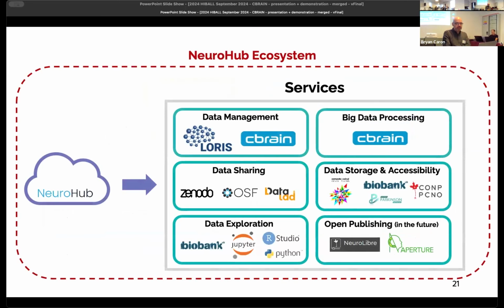And just to wrap up, as I said, this is part of a broader ecosystem of tools that have been built as part of an infrastructure within the Healthy Brains, Healthy Lives project, something called NeuroHub, which you can think of as more like a utility company, right? We're providing resources not only for capturing and managing the data, but also for processing it and helping people share it and make it visible to others so that they can do their exploration of the data, but at the same time, there are also connected pieces that will let you even publish the data.